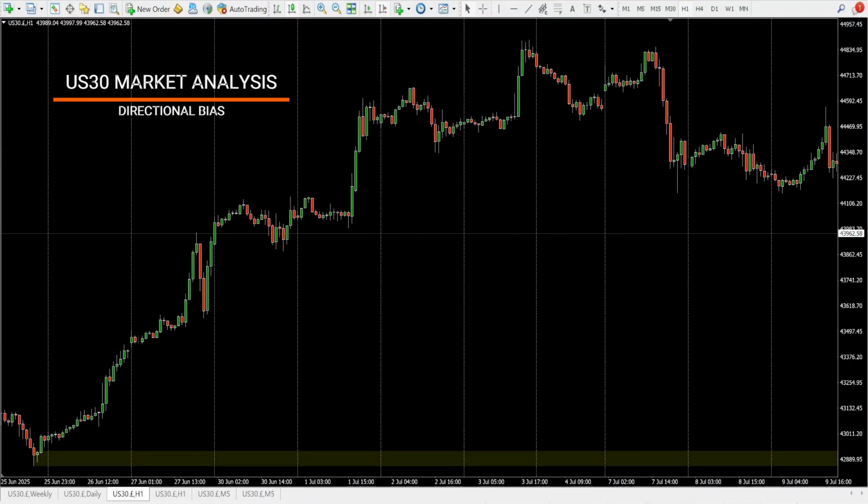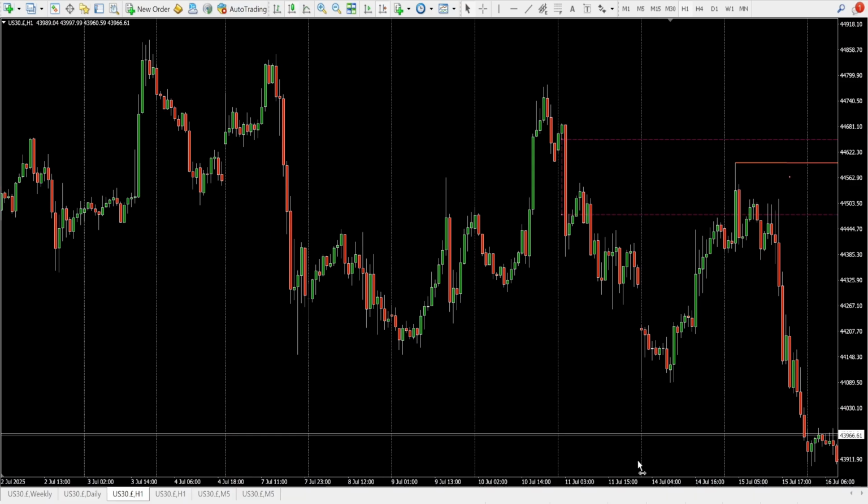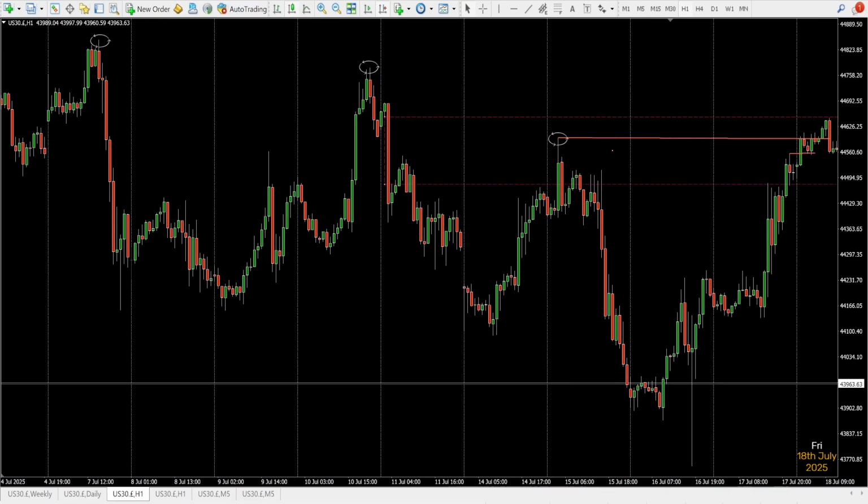This is US30 1-hour time frame, where we can clearly see an uptrending market with price peaking on July 3rd, 2025. We then begin to observe a bearish sentiment where price failed to make a higher high and causes a shift in market structure. Scrolling across the chart, we can see a series of lower highs and lower lows at this pullback phase of